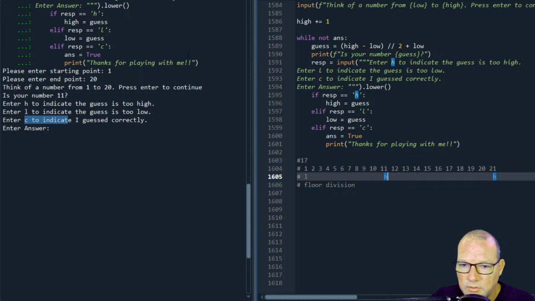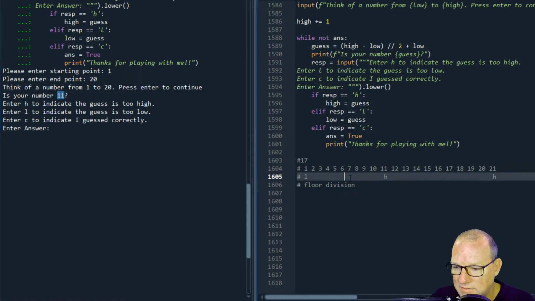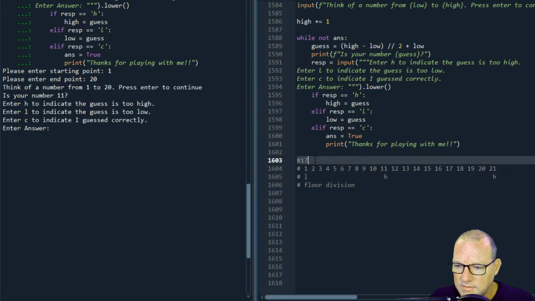And it would redo this. But it is now assigned high to 11 because this was the guess. So now its bisectional search would be 6. So let's do this. Because our guess is 17, there you go.